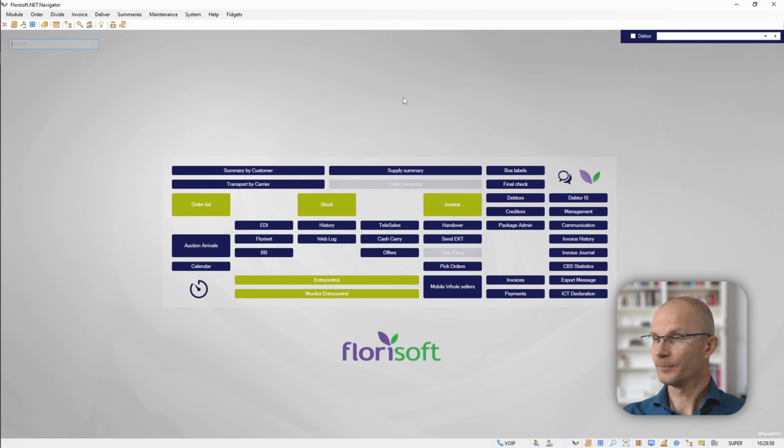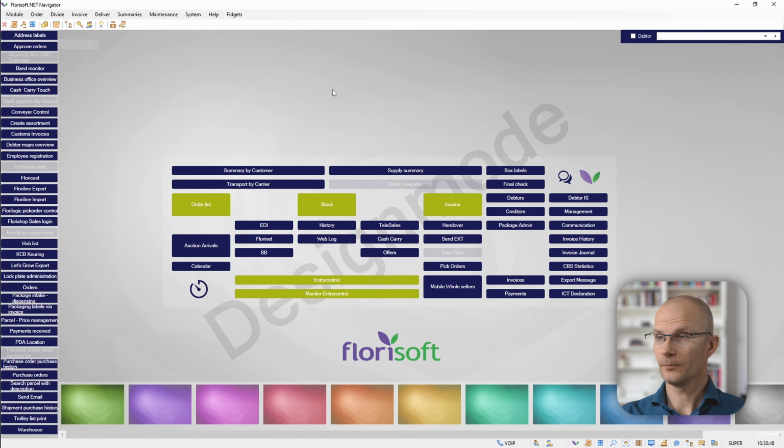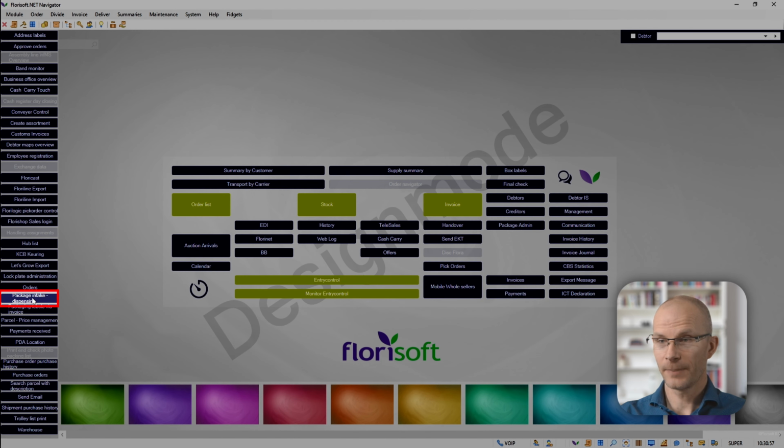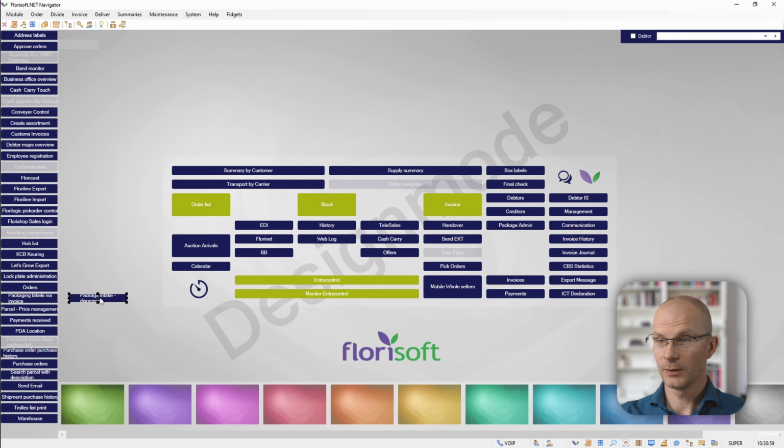When we close them, the fourth option is by adding a dedicated button to the navigator. Right-click in the navigator or press F12 on the keyboard. Now the navigator is in design mode, and on the left-hand side you will find buttons you can add to the navigator. Find the Package Intake Dispensing button, and when you click on it, it will be added to the navigator.